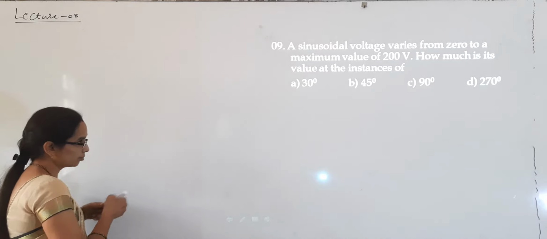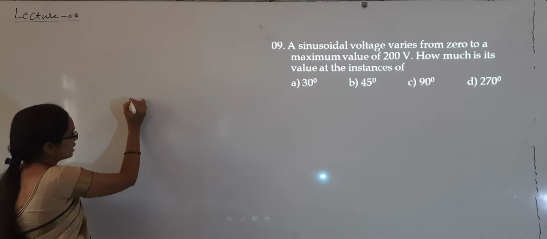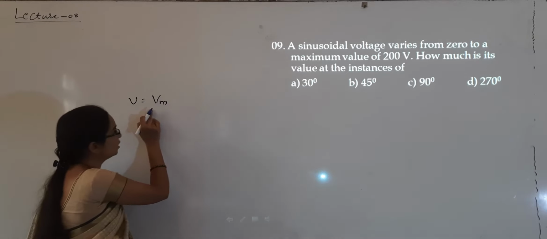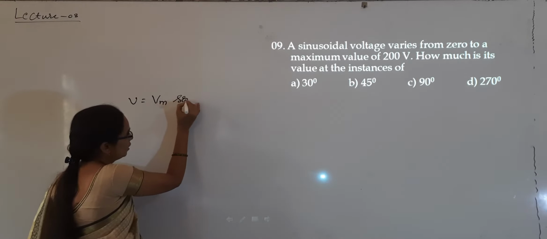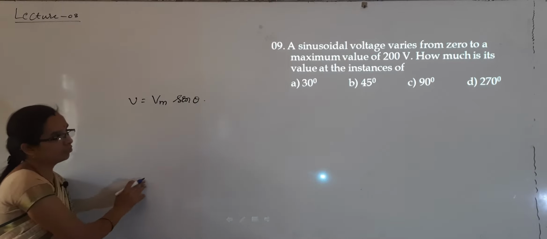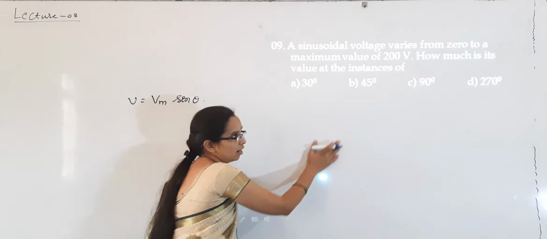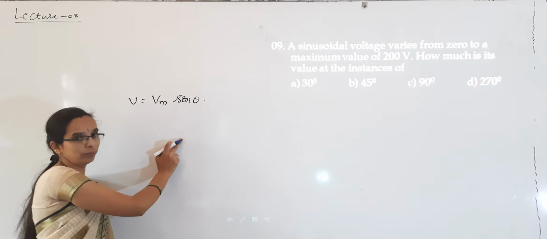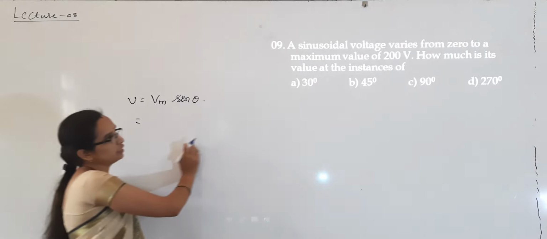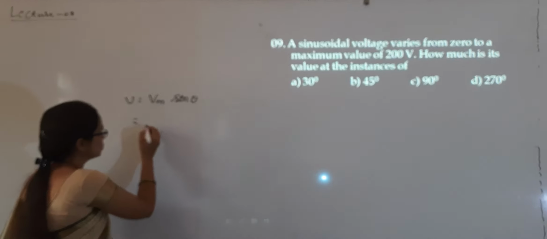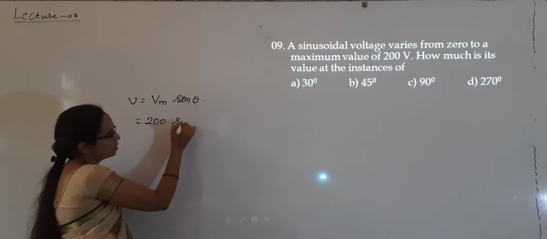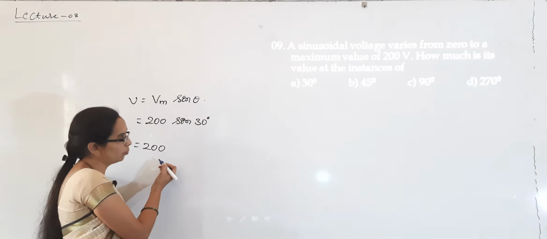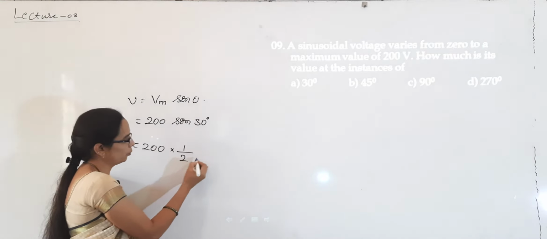We know that, what is the instantaneous value of the voltage? Small v is equal to capital Vm, which is representing the peak value of the voltage, sin theta. Here they have given the degrees of rotation, so you can consider sin theta, not sin omega t. Peak voltage they have given, that is 200 volts. So substitute 200 sin 30 degree. You people already know what is sin 30 in your trigonometry, that is 1 by 2, then